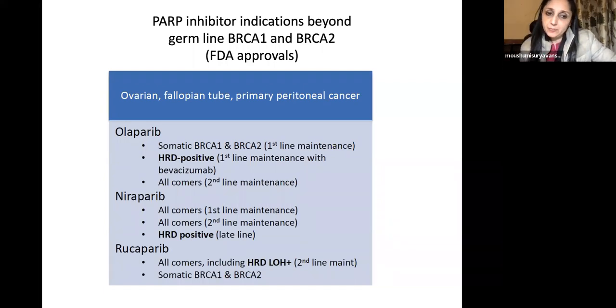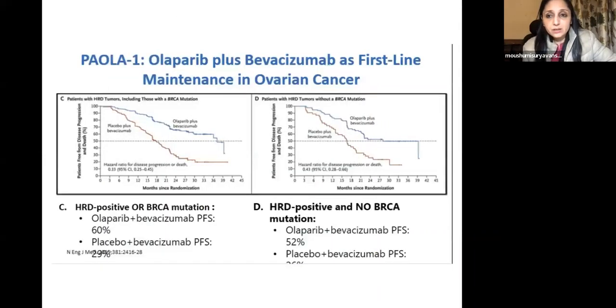And niraparib, which is another PARP inhibitor, is approved in late line when patients are HRD positive. And rucaparib is approved for all comers who are HRD LOH positive, who are LOH high. And in second line maintenance, it is approved along with, of course, the BRCA1 and BRCA2 mutations, which I have already mentioned. So these are just to show you how the PARP inhibitors have benefited patients